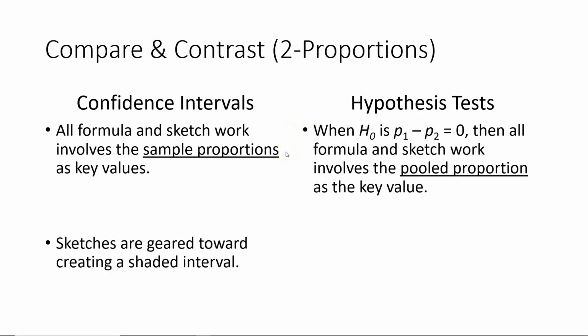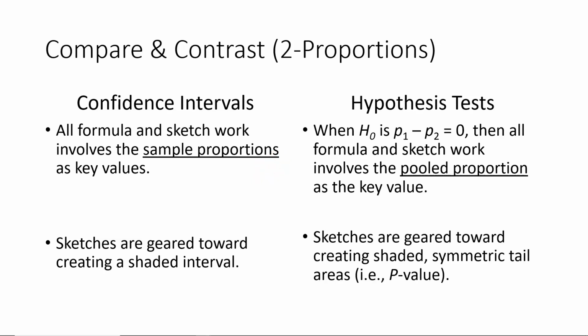value. Sketches for confidence intervals with two proportions are going to be geared towards creating a shaded interval, just like they were when we constructed confidence intervals for a single proportion. In contrast with that, sketches for hypothesis tests are geared toward creating shaded symmetric tail areas that represent the p or probability value. And again, that's the same as what we did when we were working with one proportion hypothesis